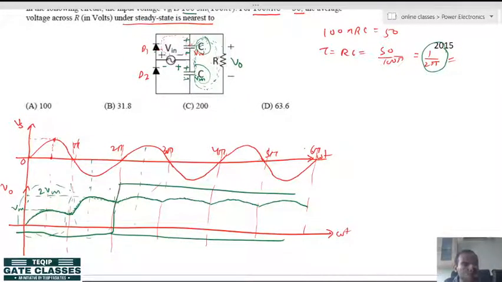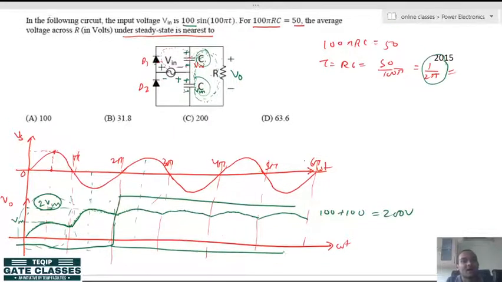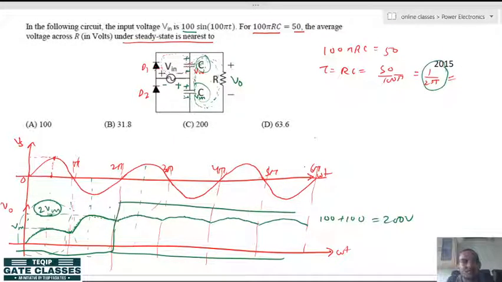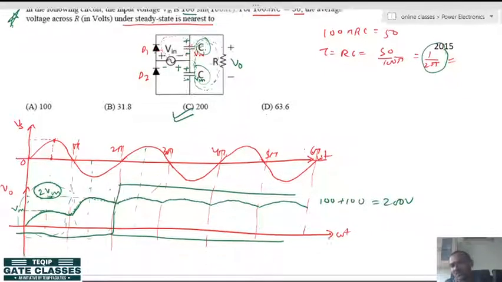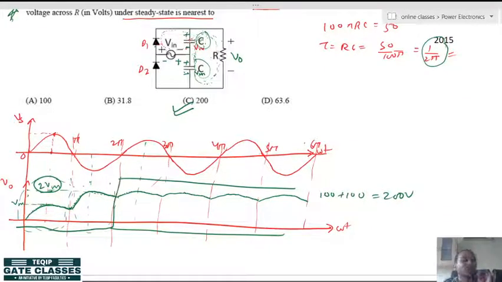So, what is the constant value? 2 Vm. So, what will be the value? 100 plus 100, 2 Vm means 200 volts. So, what will be the voltage across the resistance under steady state? It must be approximately 200 volts. Alright. So, that is how this numerical has to be done. This is a really nice question, which requires the concept of capacitor charging and discharging, and without drawing the waveform